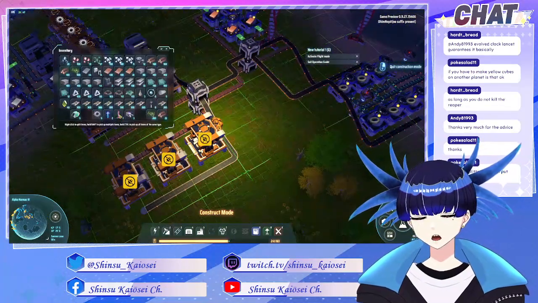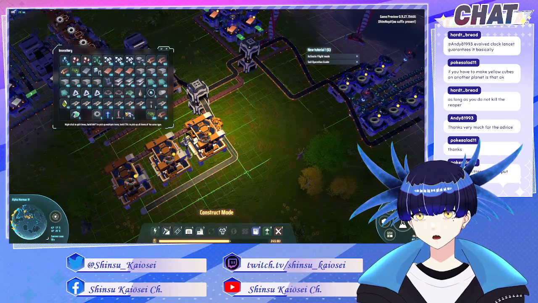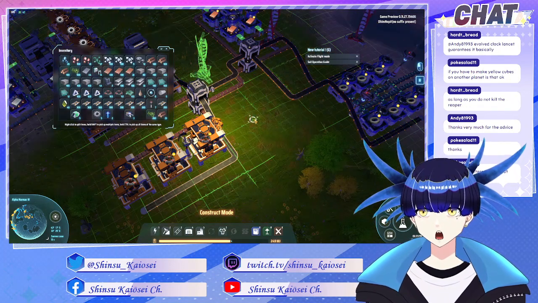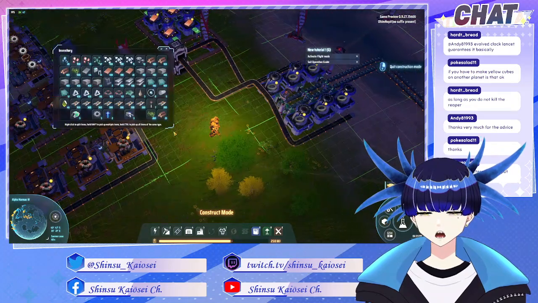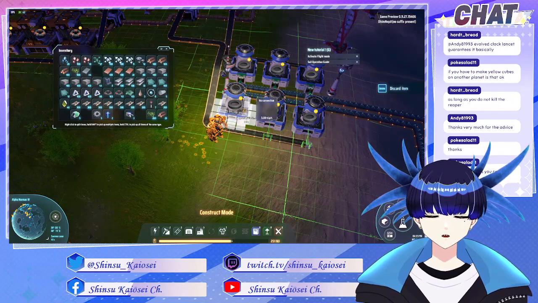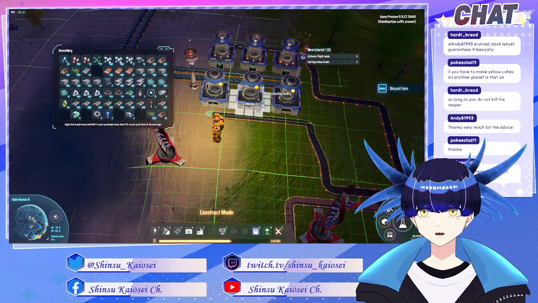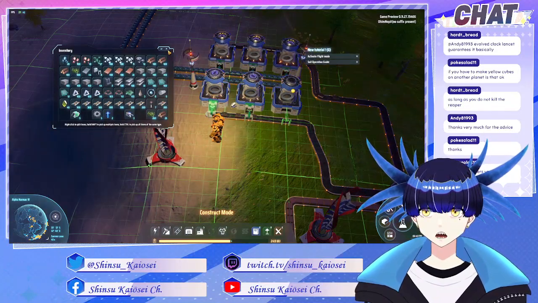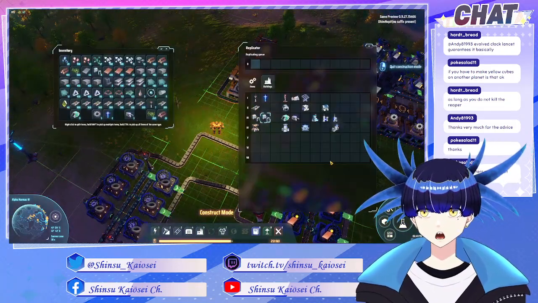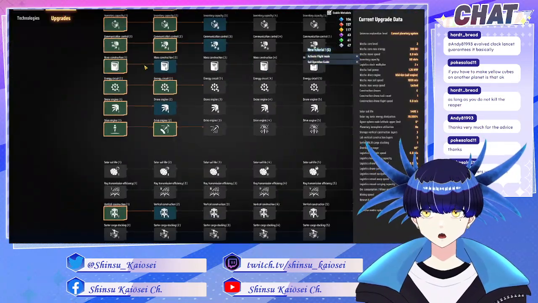Did it not build the other power tower? It didn't. Right, there we go. Can we stick that there? Yeah, we can do. Okay, good. Right, how are we doing for sources? We got a bunch, so let's kick these over here. Okay. Magnets are kicking out. Well, they will be soon. We're going to need some more of these. We ain't got any research going, so let's get...